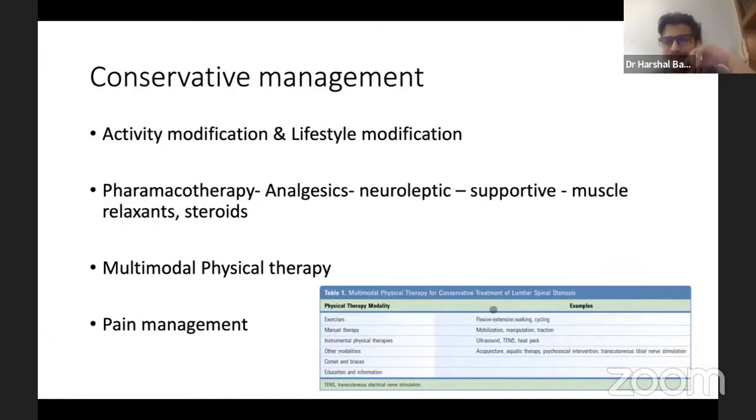There are going to be a couple of slides where you'll ask many questions. The role of pharmacotherapy or bracing is not as relevant, and guidelines have said they have very low evidence to propose pharmacotherapy or bracing. But at the end of the day, a lot of us have our own protocols, and we should go by our evidence and anecdotal experiences, as well as our own patient-reported outcomes, and devise our own conservative protocol. The role of pain management is also something we're going to discuss in a couple of slides.